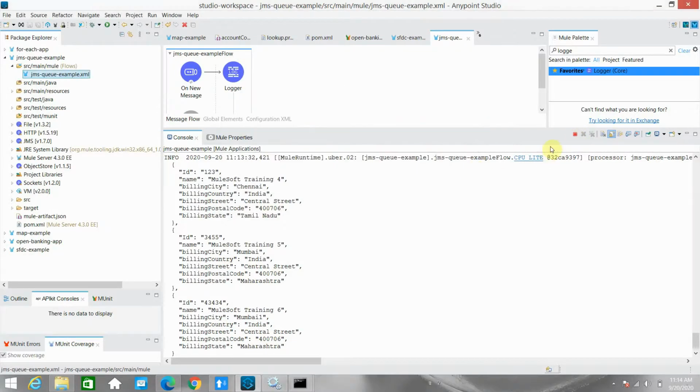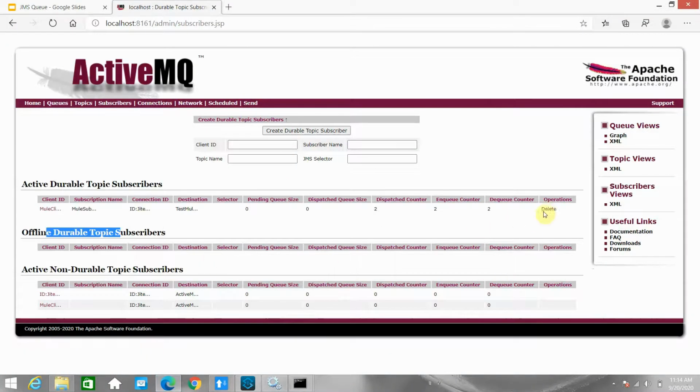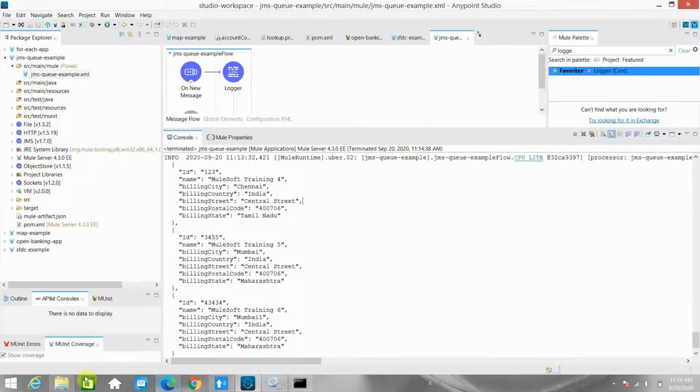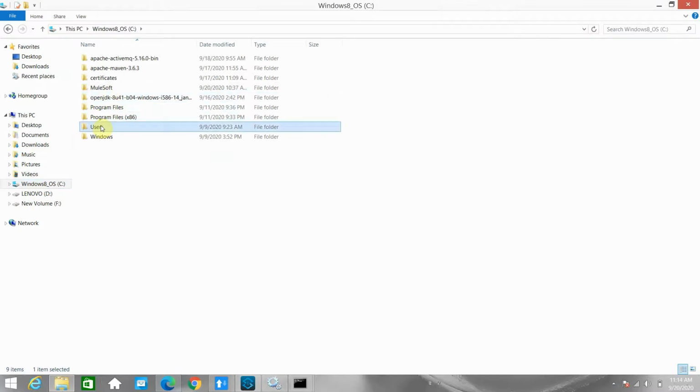It is exported. I will stop the application and delete the existing subscriber. I don't want it. Refresh it. Okay, nothing is there. So now I have generated a jar file which I am going to deploy on one of my Mule runtimes.